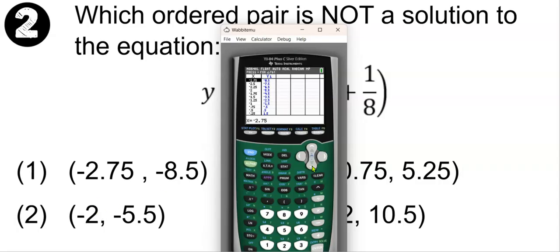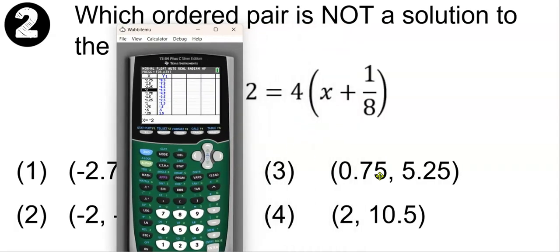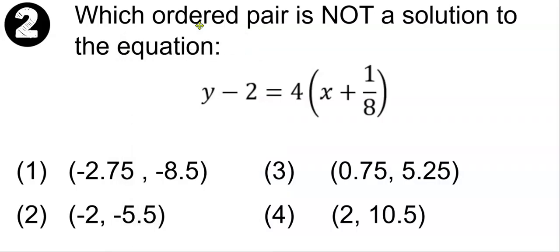Option number 2, negative 2, negative 5.5. That is also a solution. How about positive 0.75? So I'm going to go down the chart now. Positive 0.75. That is not a solution. Let's just double check the 2. That is. So that means that option 3